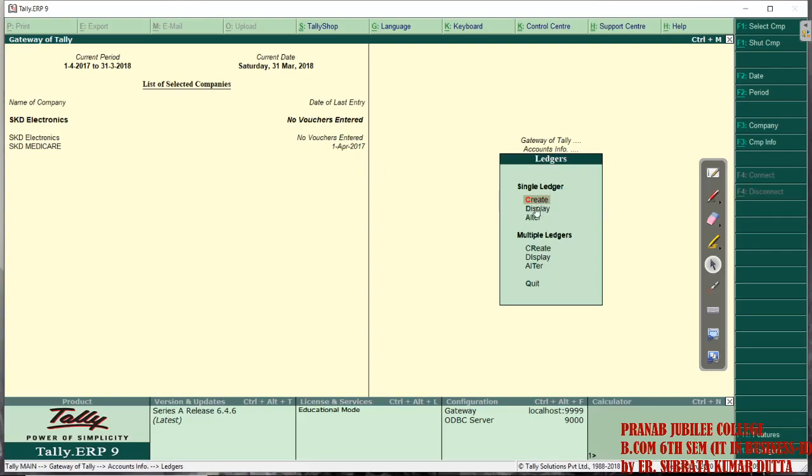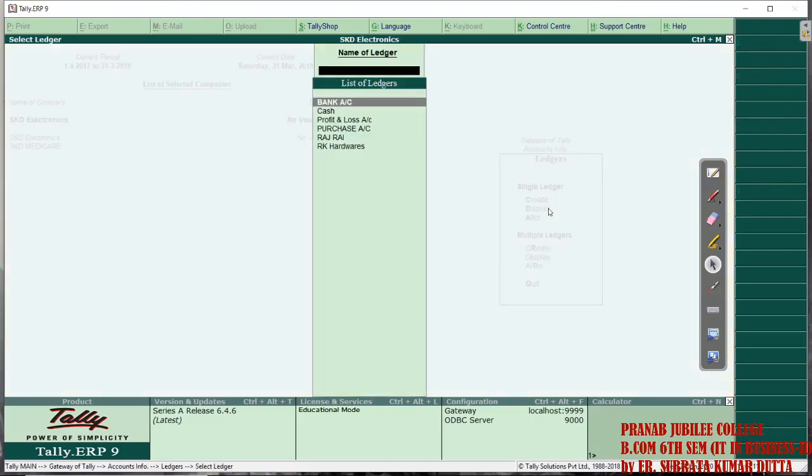See all these: bank account, purchase account, Raj Rai, RK Hardware. These all ledgers we have created now. But you can see there are two more ledgers, cash and profit and loss, that have already been created. These will already be there.